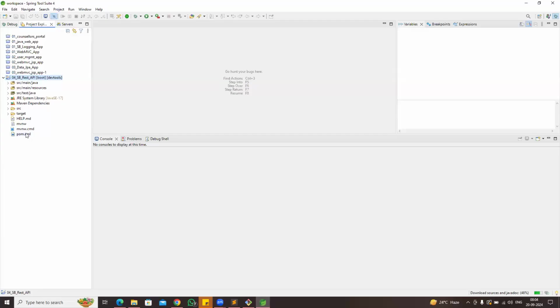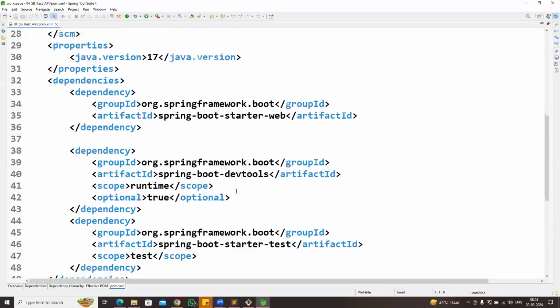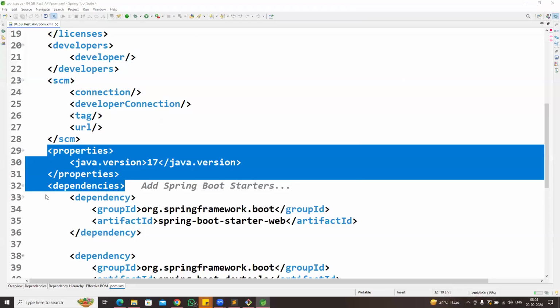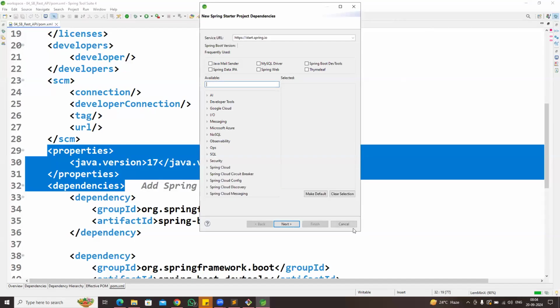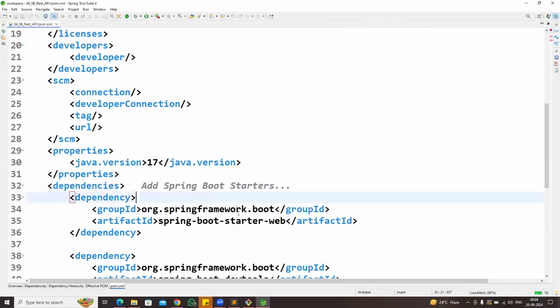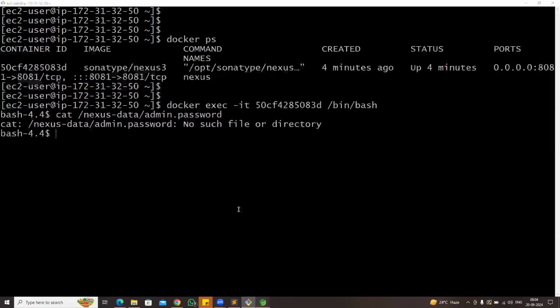Okay, my project got created. Go to pom.xml. I'm not writing any code, that's not required. The pom.xml file is available. Now here the properties section is available and the dependencies section is available. Now we need to configure the dependency management. These are the URLs in the pom.xml. Above our dependencies,